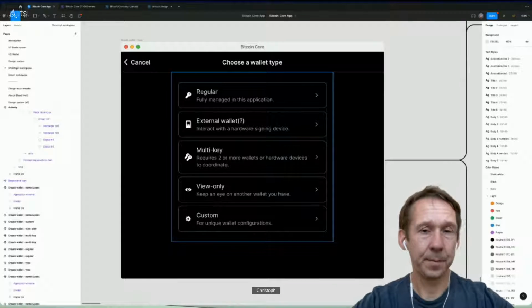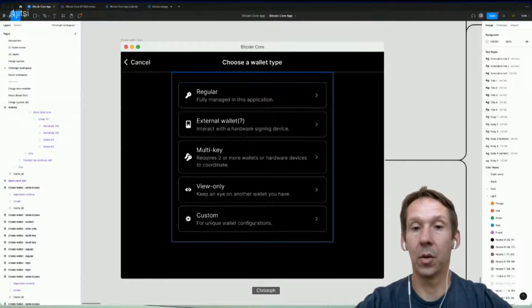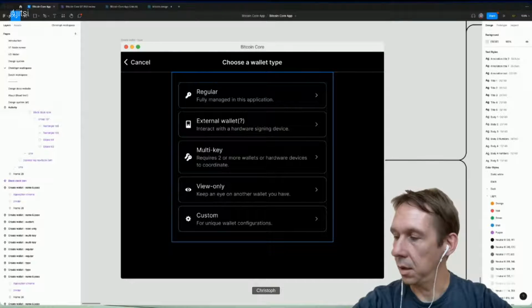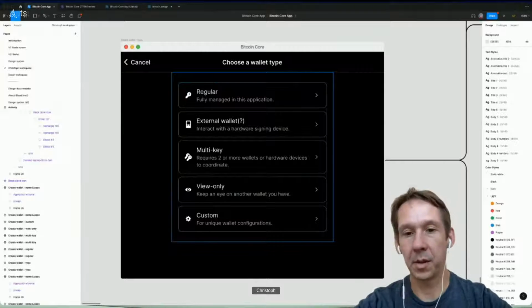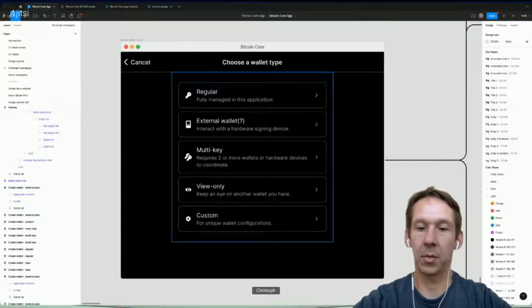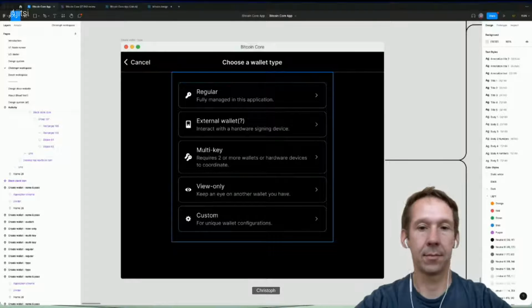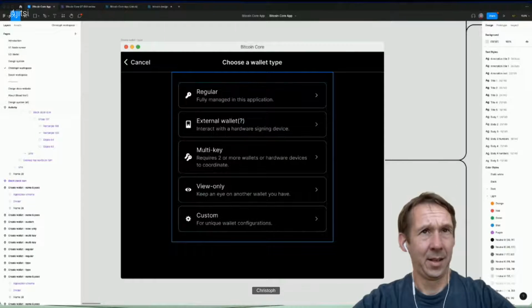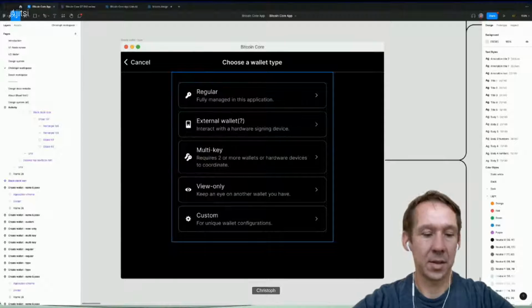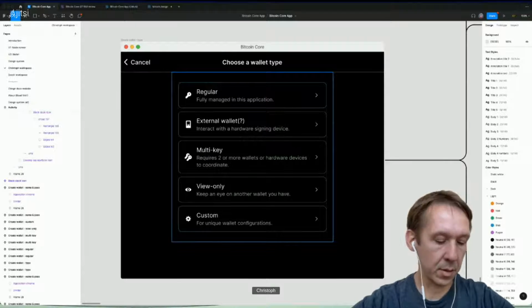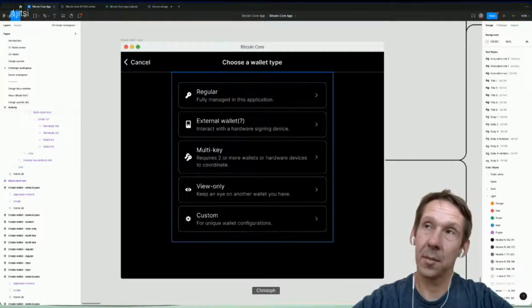Then multi-key, well, could be one key here in the application and one key on your device, or it could be both keys, two keys on two different devices, or maybe one key belongs to someone else, or maybe there are 5 or 20 keys managed by different people. All kinds of different combinations that are interesting here. I think there's also an interesting combination